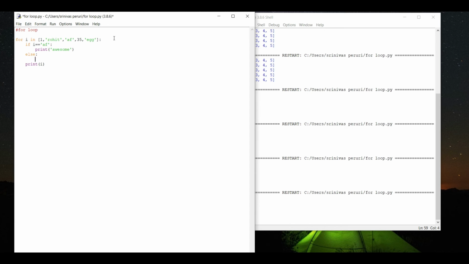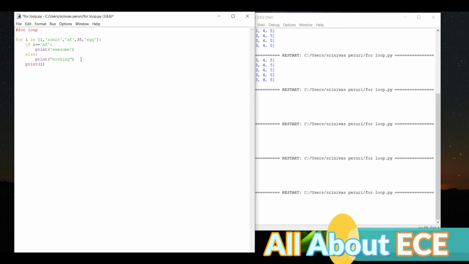Else, I want to print nothing. And irrespective of that, I want to print the i value.